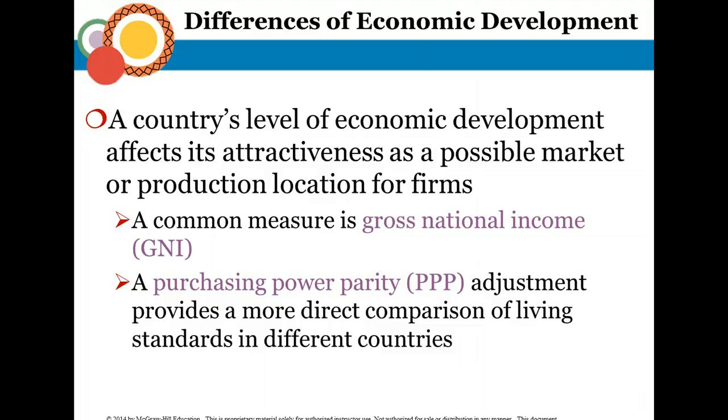Japan, for example, had a gross national income in dollar terms of close to 42,000, while China had a gross national income of about 4,000, while India had a gross national income of about 1,500. So you can see there's a huge difference in national incomes by what country you're in. But this can sometimes be a little misleading because you have to figure in the cost of living. Different countries around the world come in at different levels. Even within the United States, it's much more expensive to live in New York State alone. It's a lot more expensive to live in, say, Nassau County or Manhattan than it is to live in